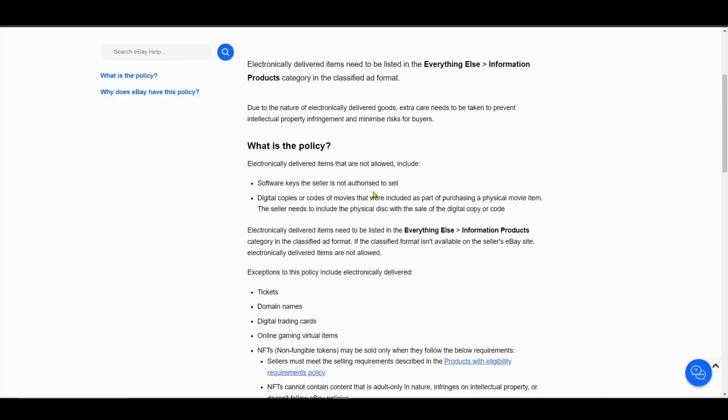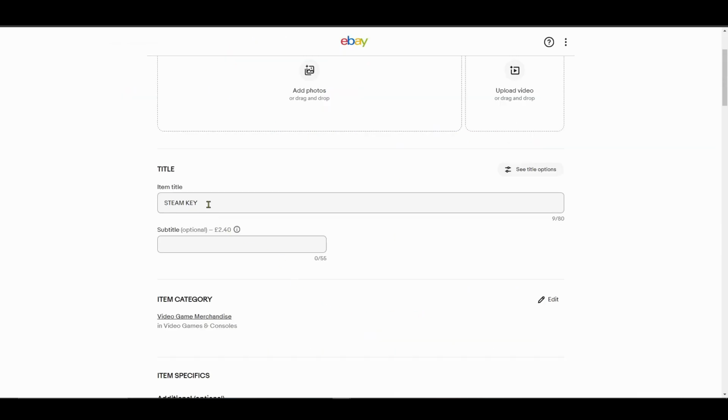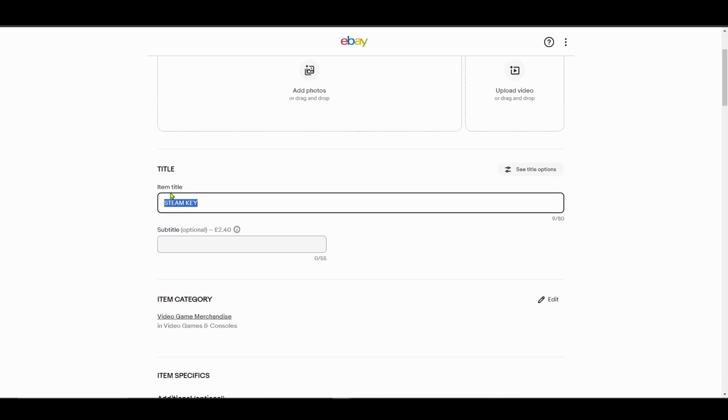eBay doesn't really have a policy on selling accounts. If I was going to sell an account, I wouldn't necessarily call it an account. I would imply that I'm selling merchandise. Let's say it was Fortnite: technically, to sell a Fortnite account you've got to sell your whole Epic Games account. I would sell it as a massive stash of games, because most people's Epic accounts will have several games in, and put it down that kind of route.